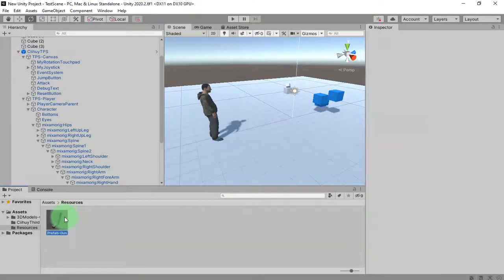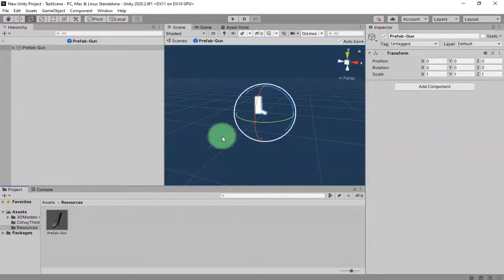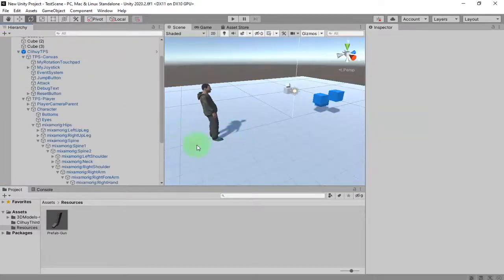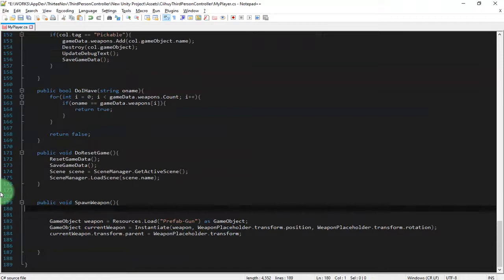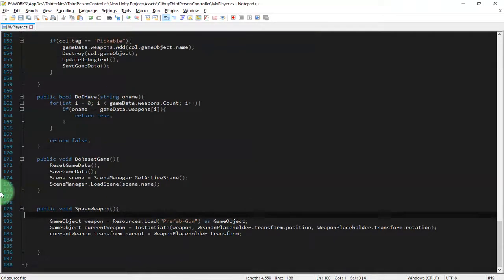But that is not all that we need to do. It's just one thing. We need to do the rest, which is to place the correct weapon into the hand of this player. Let's say we are done testing this spawn weapon function, and I'm going to delete this unnecessary old code.